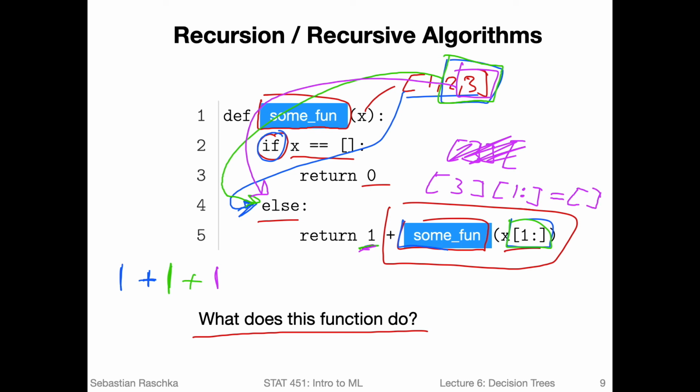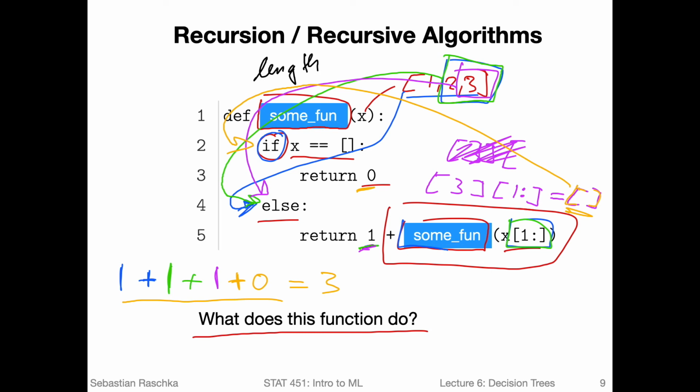So this empty list in the last iteration will go again to the function. Let me use maybe yellow here. So we have the empty list. We'll go to the function, check the if again, but this time it is empty, so it will return the 0. So what will happen is it will add the 0 here. And if you evaluate this expression, this will be a 3, right? So this is the function for computing the length of an array.